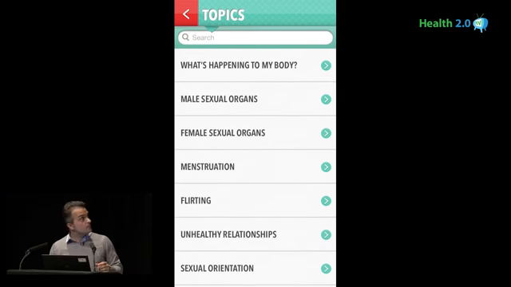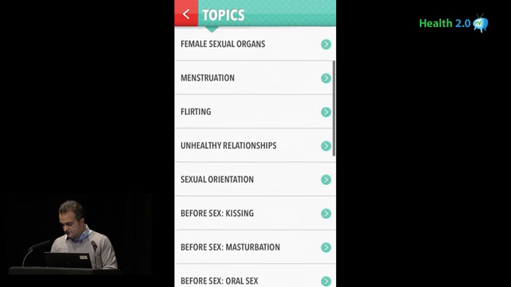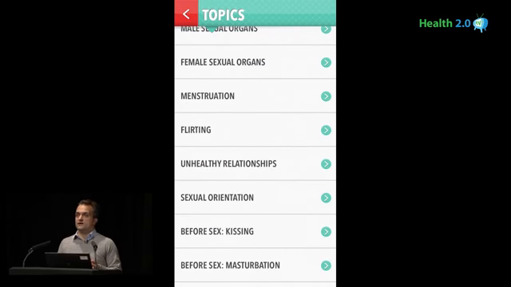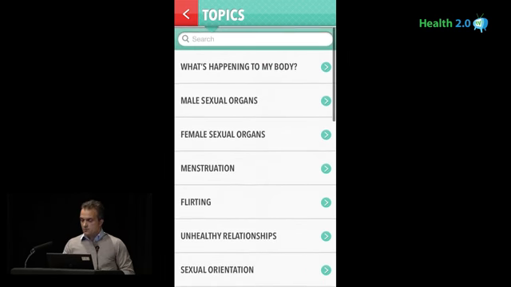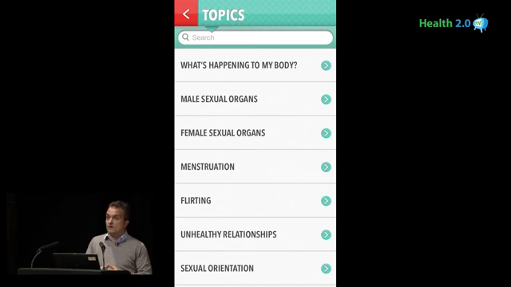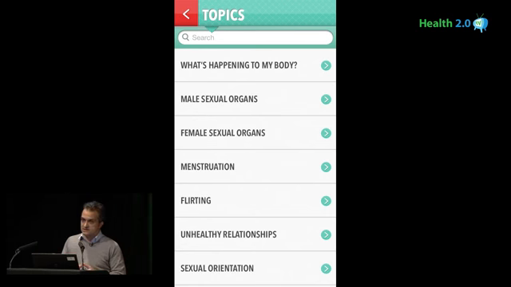Now, when you access topics, you can navigate the content in 2 ways. Through a search function, where you insert the term in the search field and get all the entries relevant to the term, or by just scrolling through the various sections. This is very intuitive as well, because the content has been organized in a way that mimics the natural evolution that every person goes through. So basically, we enter puberty, our bodies start changing, then we start developing feelings for other people, then we start flirting and dating, and then things get physical. Kisses and touches at first, and then more and more till the first time. And once you are sexually active, you have to deal with things like sexually transmitted diseases and unwanted pregnancy.